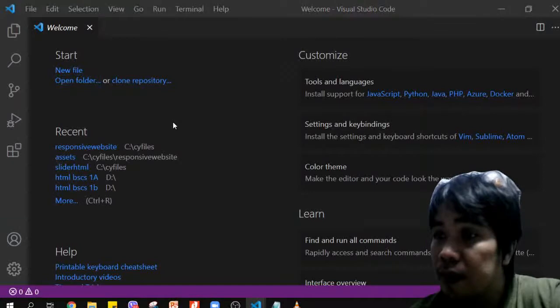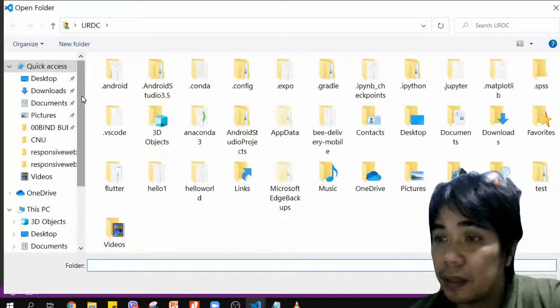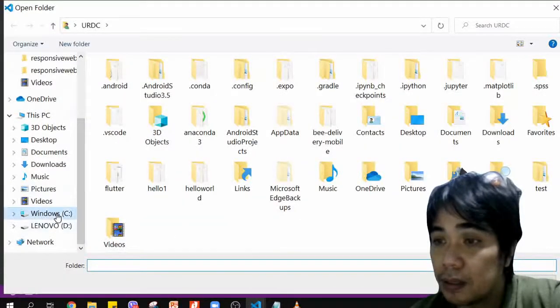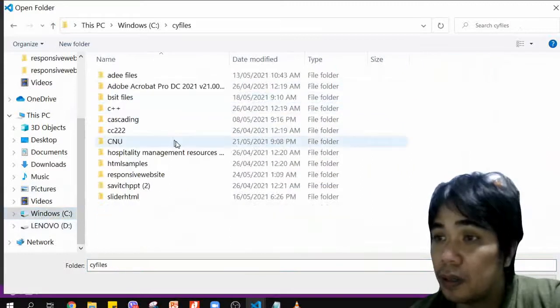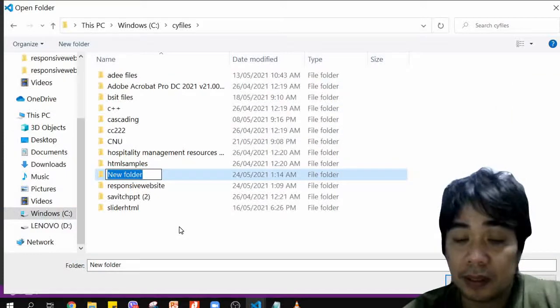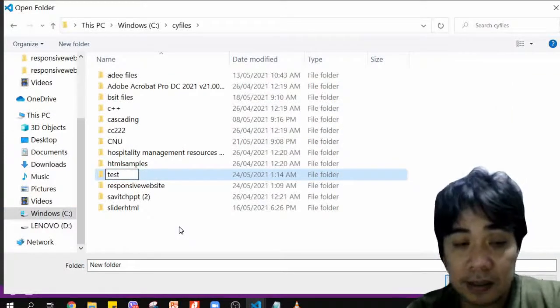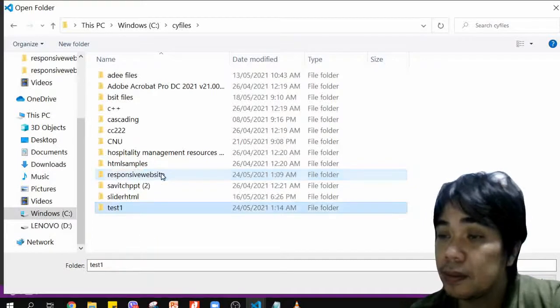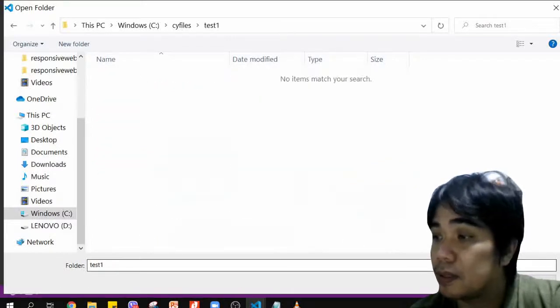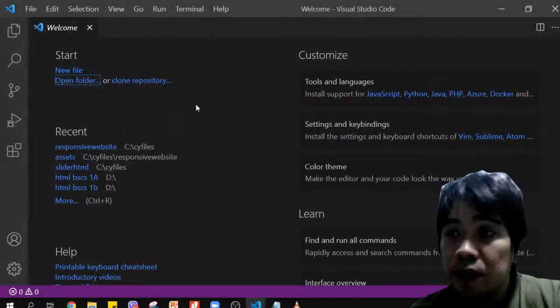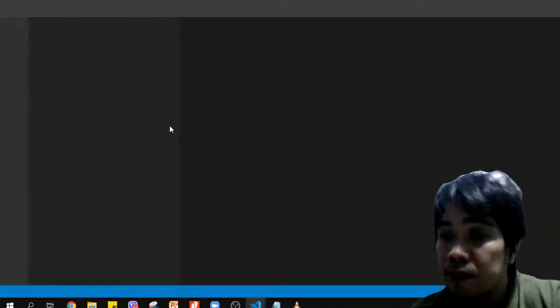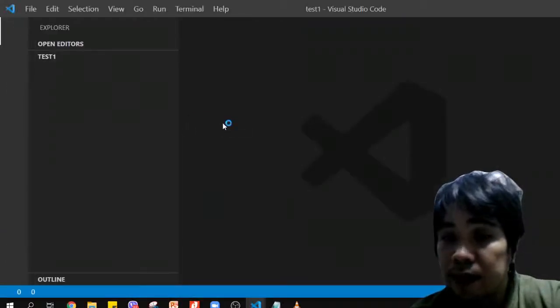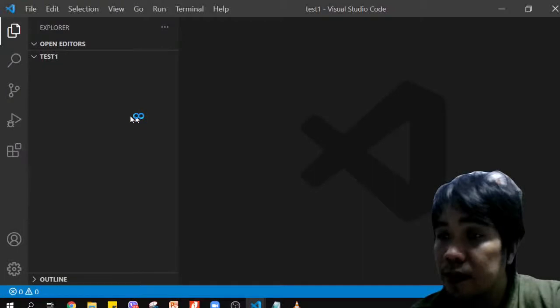Like, we can make something on our test one folder. So we can create, first, an HTML file